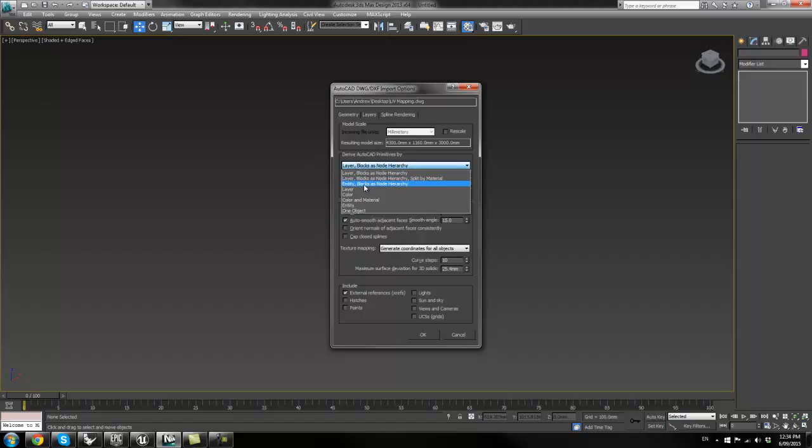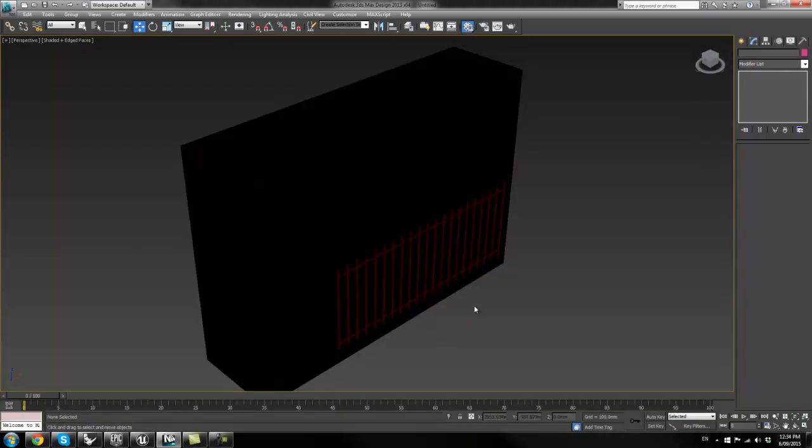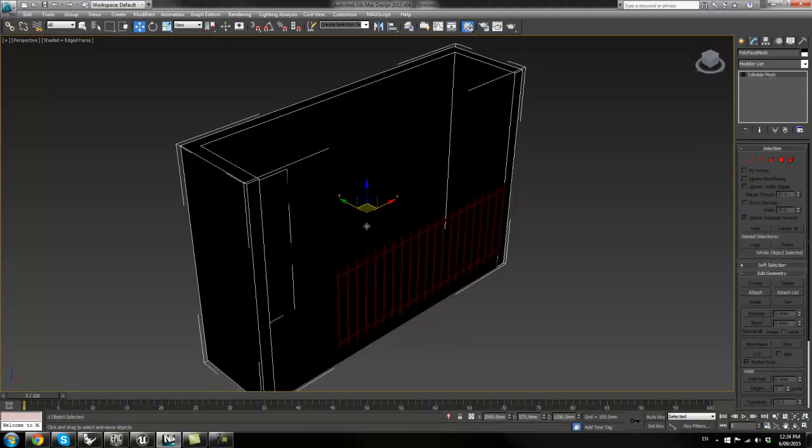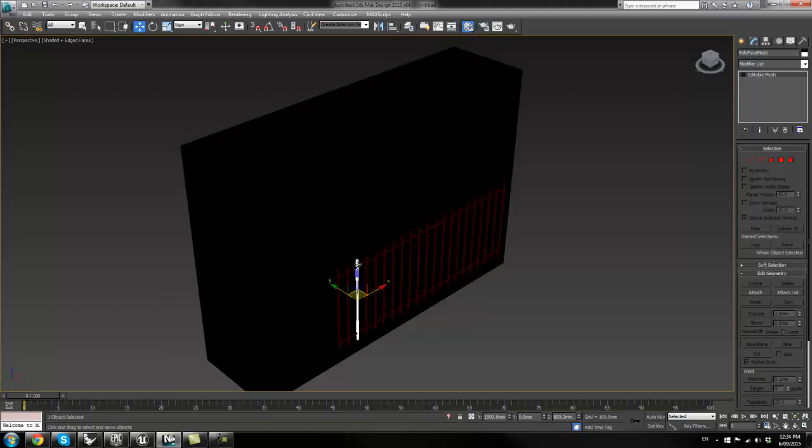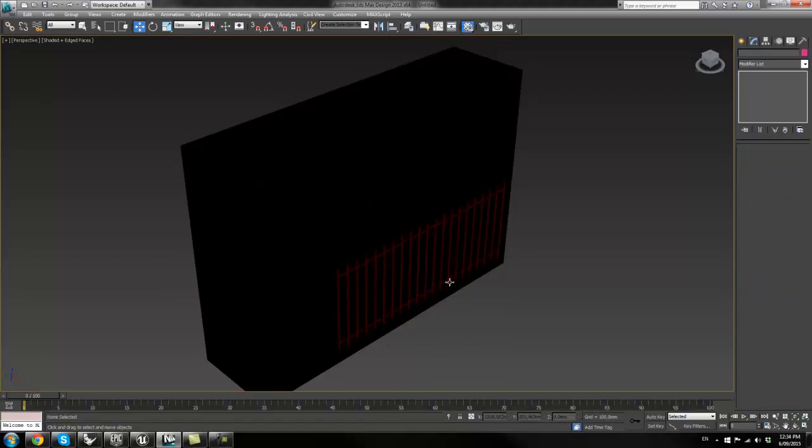But in this case, I want all my objects to be separate, and we're just going to use Unreal's material combination function. So when we have multiple materials applied to this object, they will just come in with their own materials in a single object. So with entity selected, I'll bring this in, and so we're getting all of our separate objects as separate objects,